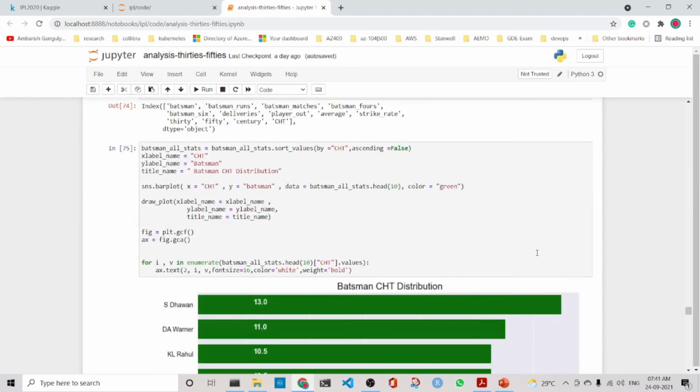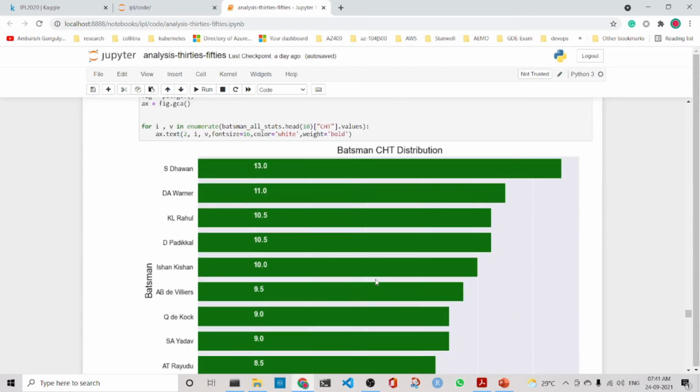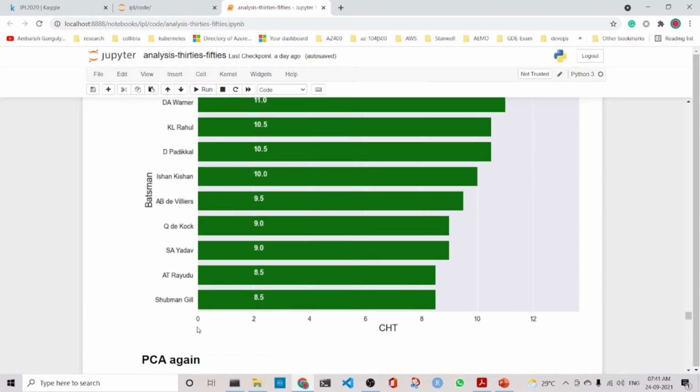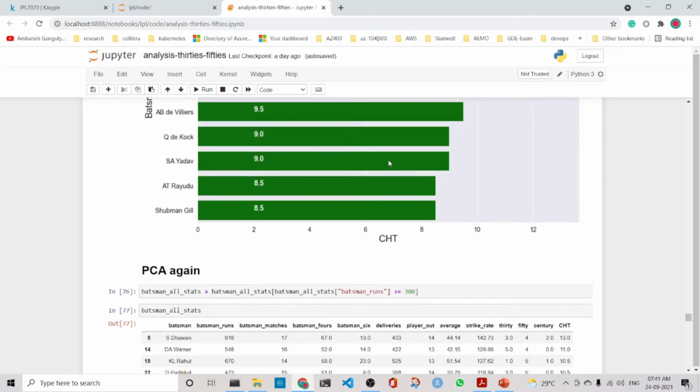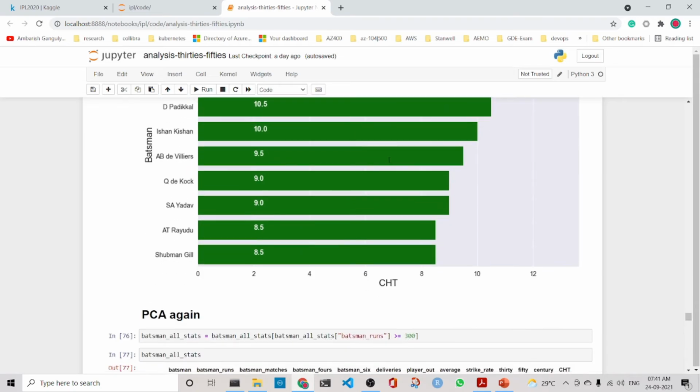So this is a data set, and we see our CHT century, half century and 30s distribution. So Dhawan, Warner, Rahul, Padikkal, Ishan, Villiers, Kok, Yadav, Raidu, Gill. These are the values of the CHT.